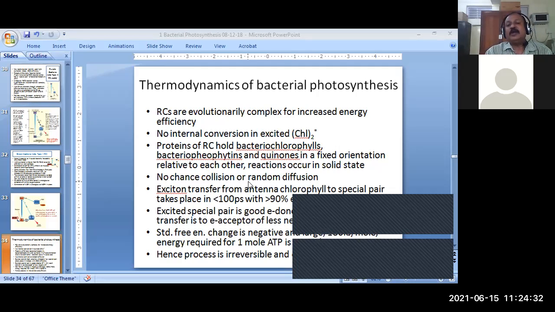If the molecules are not located in the proper location, then photosynthesis will not happen efficiently. And even if the molecules are there in the proper place, but if they are not oriented properly, even then the photosynthesis will not happen efficiently. Therefore yesterday I used this term solid state. The reactions occur as if these complexes are present in a solid material, perfectly aligned, that is, in the particular location and in a proper orientation. Therefore there is no chance of random diffusion or random collisions with any other molecule, and therefore there is no wastage of energy at all.